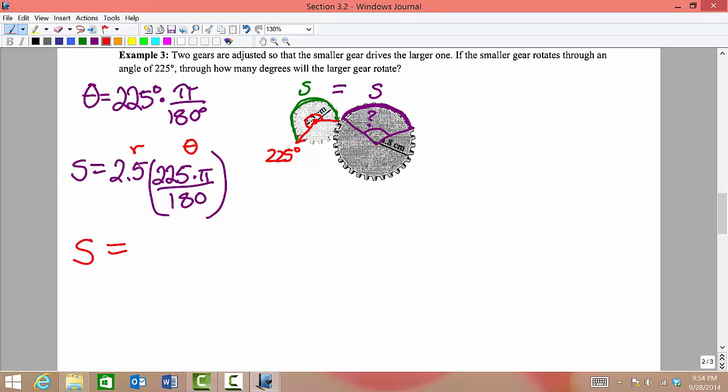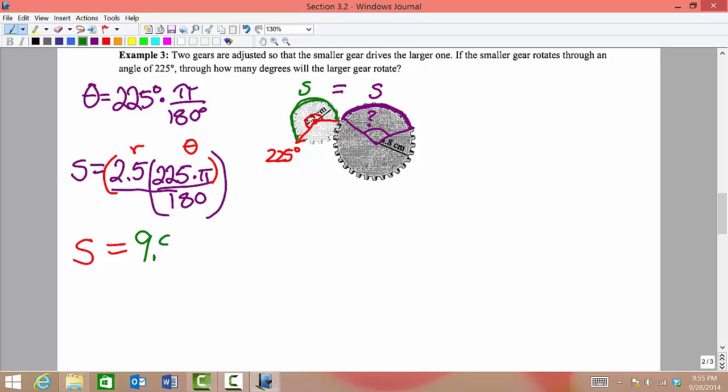Now we're going to put this into our calculator all at once, and once again we're going to multiply all the way across the top. I would recommend putting that in parentheses, and then divide by 180. So I get